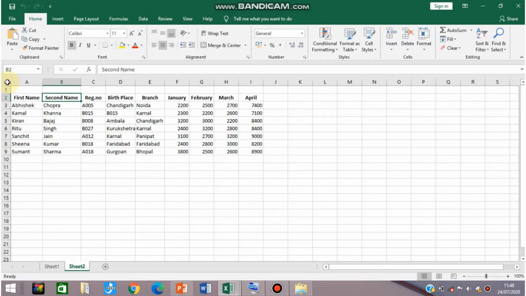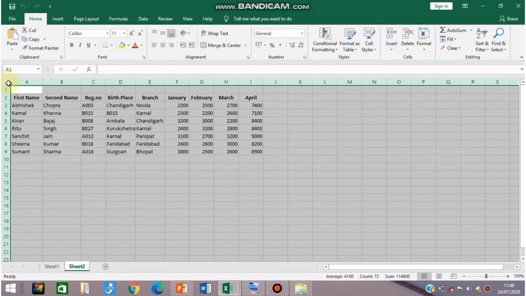Now you just have to bring your mouse pointer on that option and click on it, and you will see that all the cells of the worksheet have been selected. So in this way you can select all the cells of the worksheet by using the select all button.